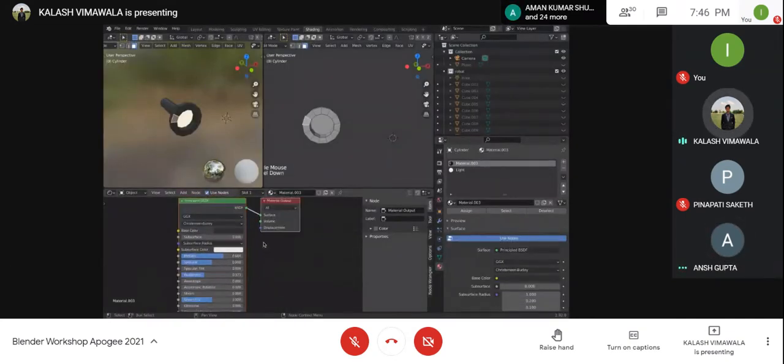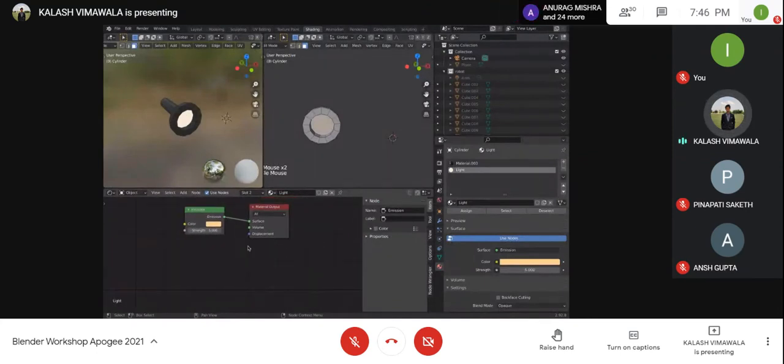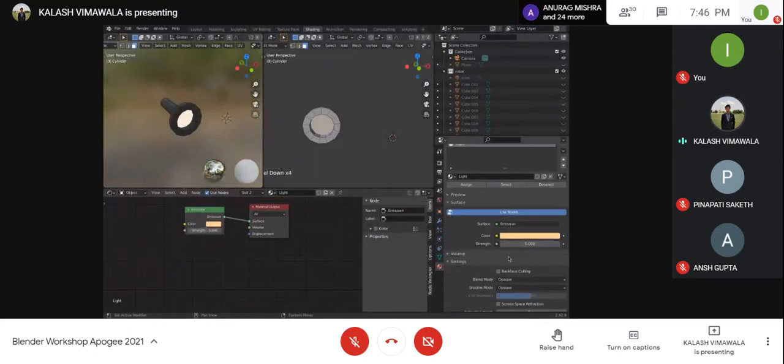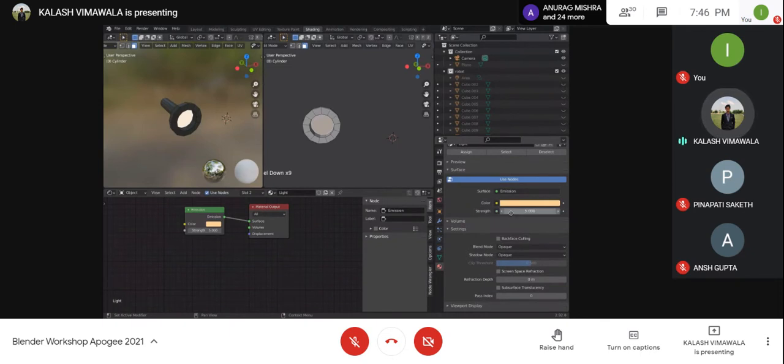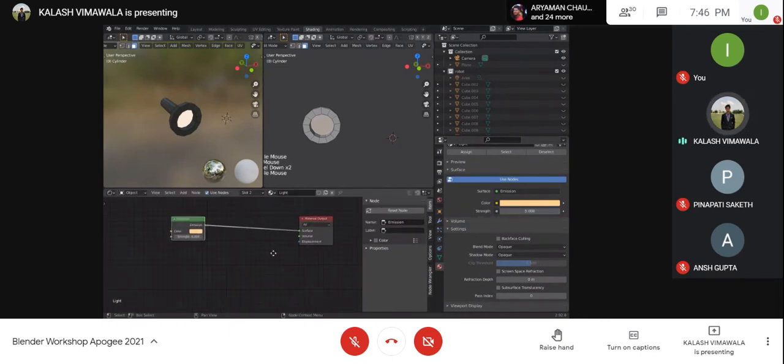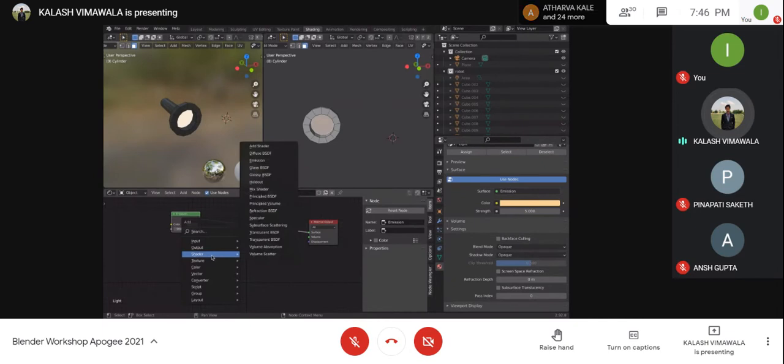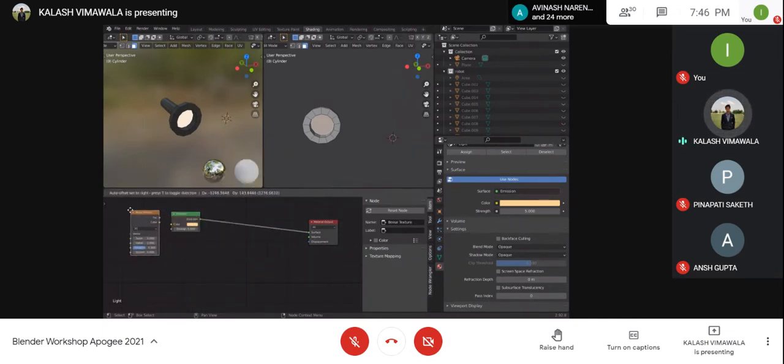So, okay, that's a great question. Allows me to explain different things. So what we can do here is, if you see the properties tab, you can easily select the color and easily select the strength, as he mentioned. But what happens in nodes is that you can go through multiple nodes at once. You can add different nodes over here. Say, for example, I give it a noise texture. Okay, I give it a noise texture and put this in color.